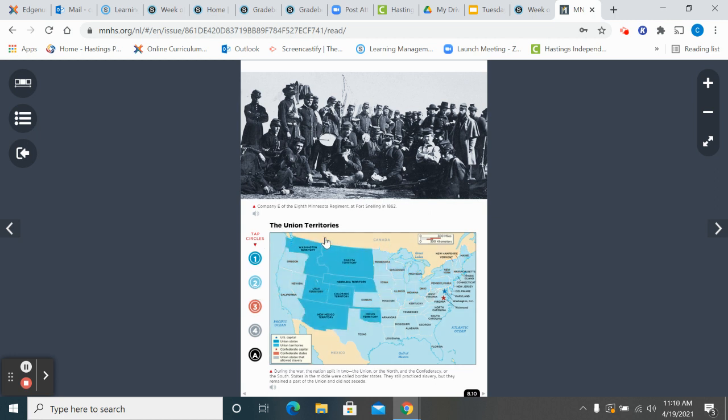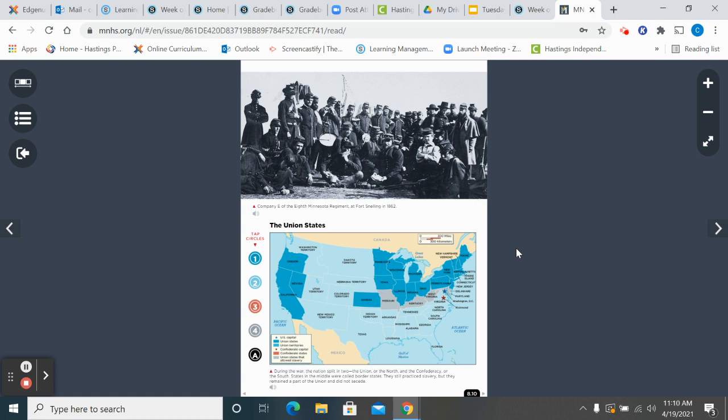When I click on number 2, these are the territories that belong to the Union. So these are territories that are not quite yet officially states. 3 just represents the 11 Confederate states in the South. And number 4, these are the 5 Union states that were part, of course, of the Union, but they still allowed slavery. Whereas the rest of these Union states that are more in the darker blue, they did not allow